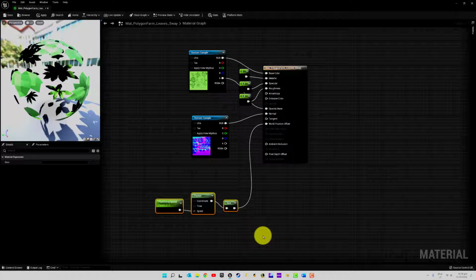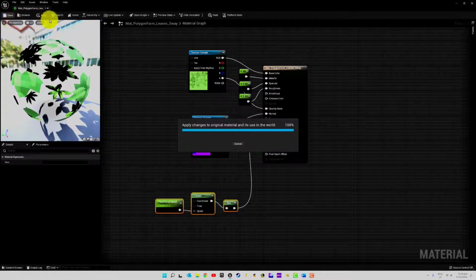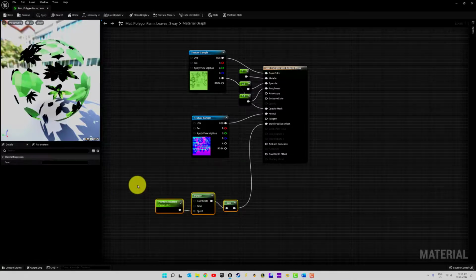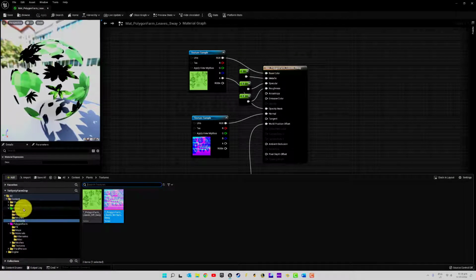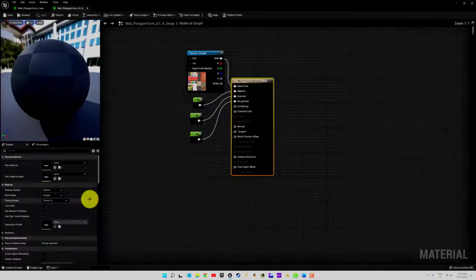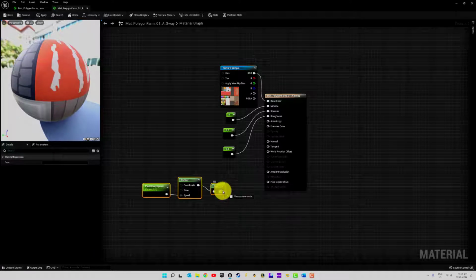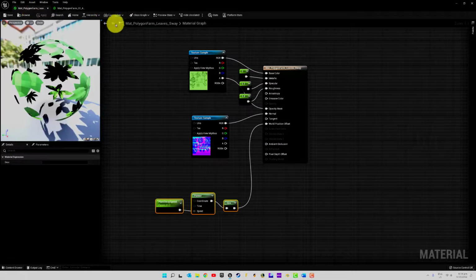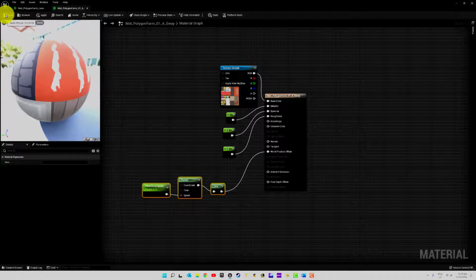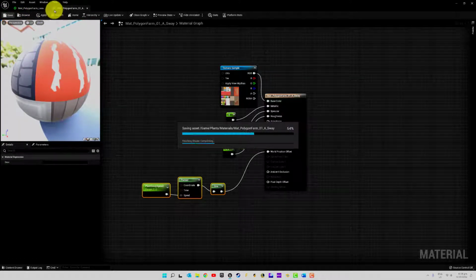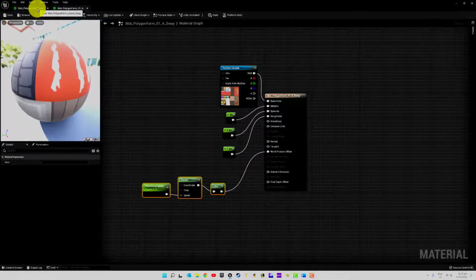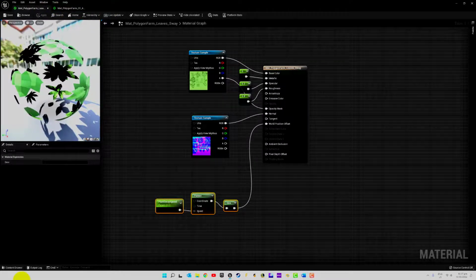So I'm just going to copy this, and we are going to go to our new set of materials and we're just going to paste that into our main material for the plant base itself, and save. Okay, with that done,